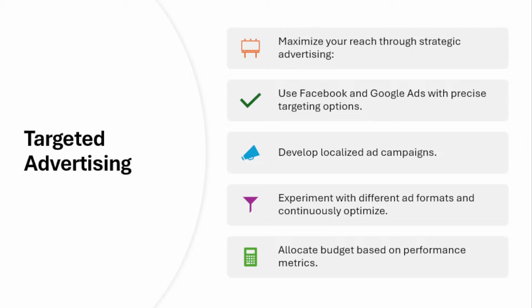You look at which one is performing very well, this one is doing well, this one is not doing well. The ones that are doing well, you increase your budget allocation on that. The ones that are not doing well, you change them, you drop them, and you move on. So looking at that, let's move to the next